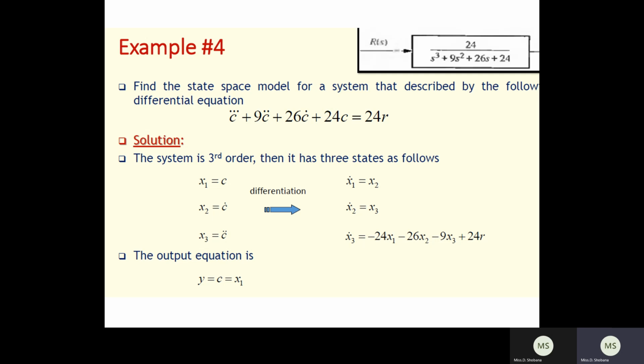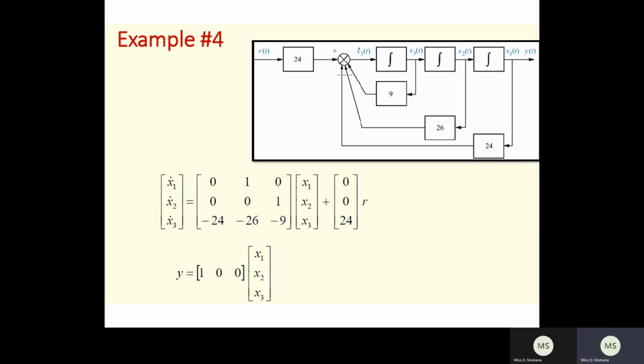From these equations you can easily obtain the state model. In the first equation, you have only x2, therefore the remaining x1 and x3 are 0. Similarly, the next equation x2 dot has only x3, and the remaining x1 and x2 are 0. On the x3 dot line, you get various values, so substitute the coefficients. For the output model, the output is equal to x1 of t, so the corresponding coefficient is 1 and all the others are 0. Like that, you have to obtain the state model and output model for any given system.